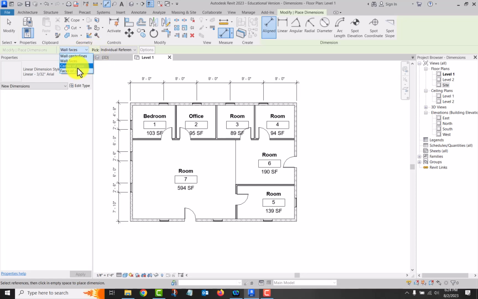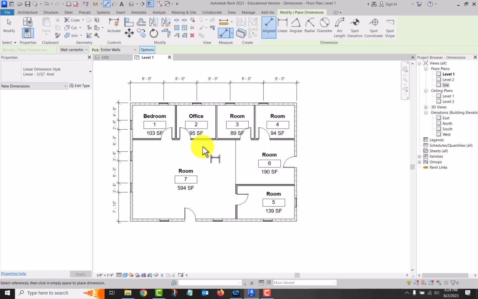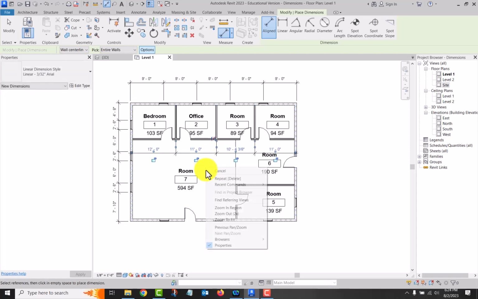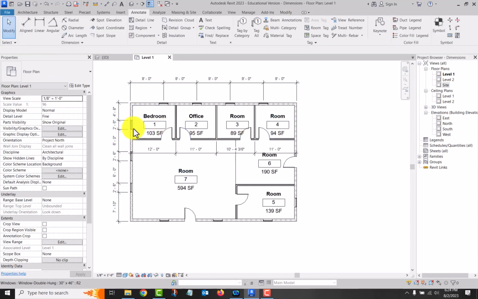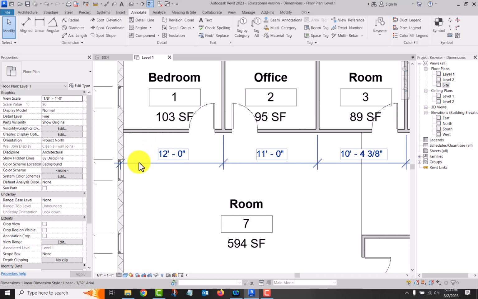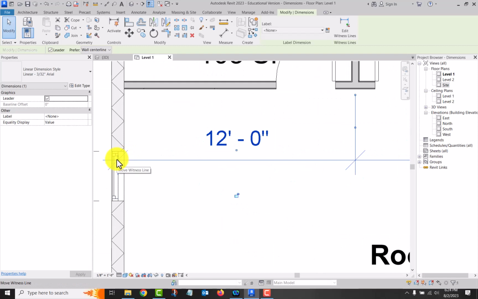Instead of wall faces, let's go wall center lines. And instead of individual reference, I want to go entire wall. Okay, and now here comes some options. I want to pick intersecting walls. And then if I pick this wall right here and pull that down, it created a chain of dimensions across there, and it picked all of the intersecting walls. The problem being here, it still went to the center of this wall, but that's no problem because I can just drag